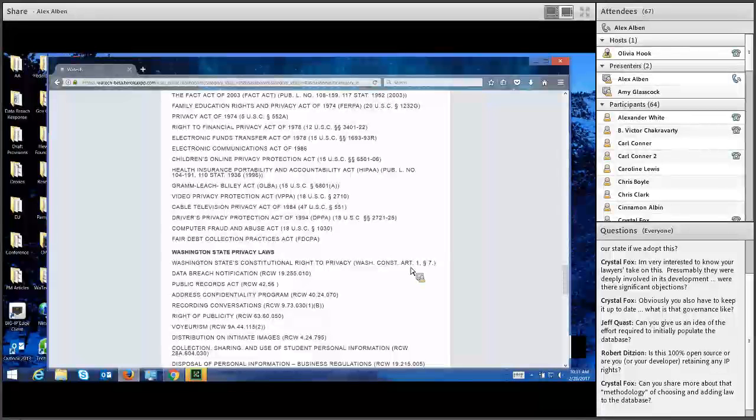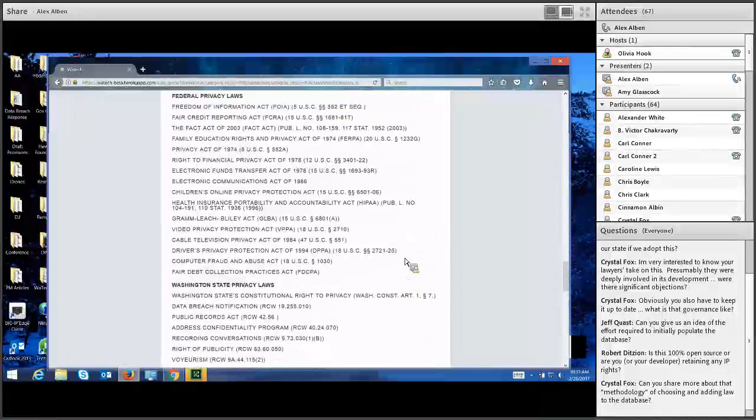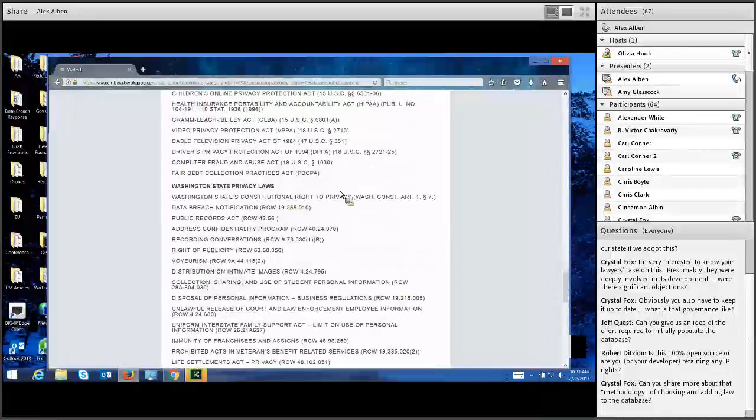Fortunately or unfortunately, depending on your perspective, there's very little case law on our state right of privacy. So that didn't take very long to do. And in effect, there's very few types of personal information that are going to trigger that.